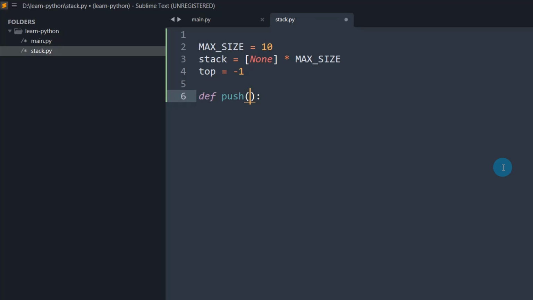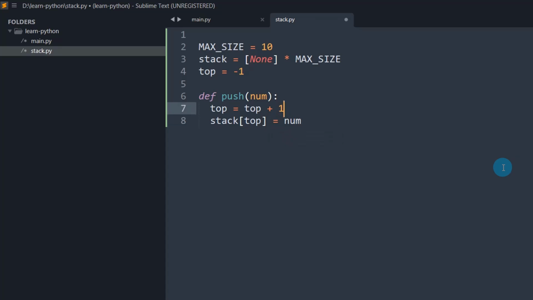Okay, I am taking the input as num. Now I will increment top plus 1. Then I am going to add the new element passed to this function onto the top location, that is stack of top equal to num.